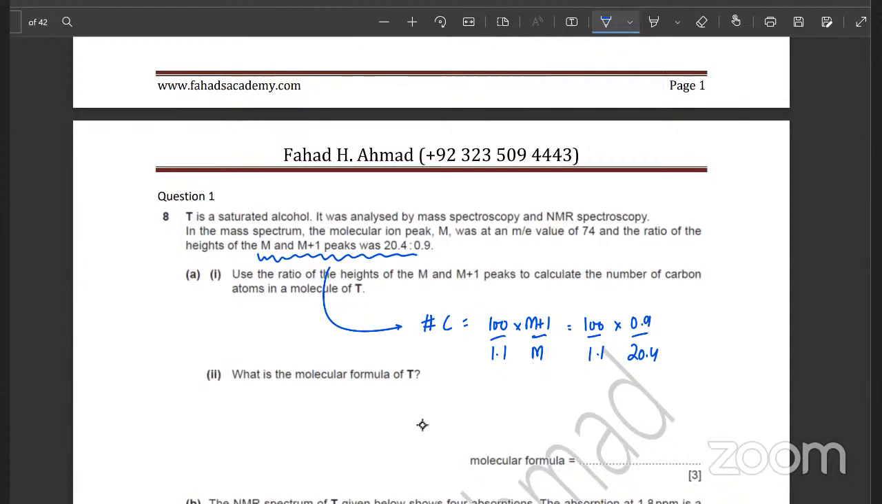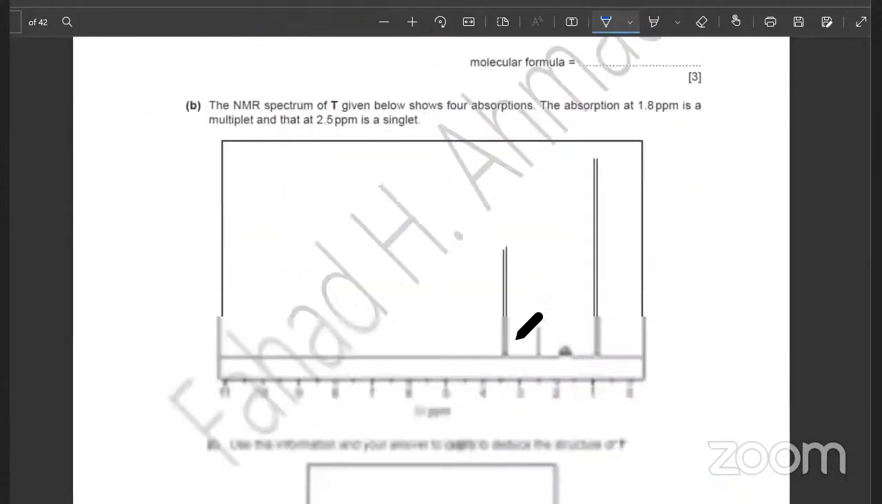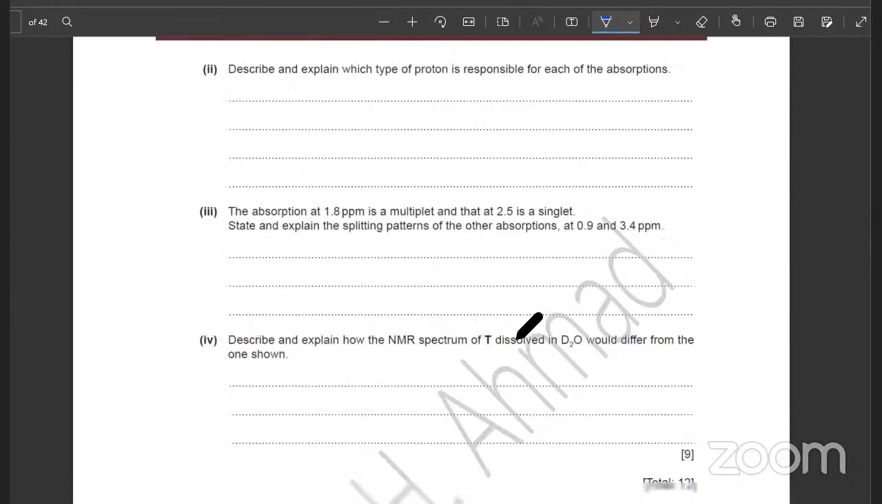I'm getting 4. Okay, and it's going to be a rounded number. Make sure you round it off. So it's going to be 4 carbon atoms. So that's the first thing with this formula. Just remember this formula. A lot of questions will have